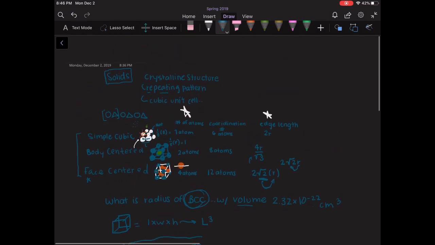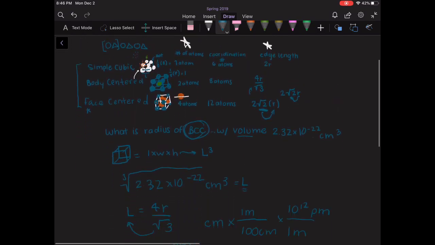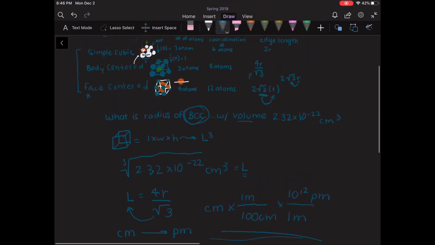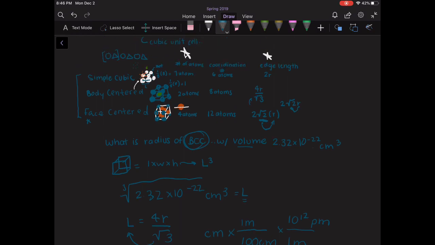But beyond this, all you really need to pay attention to for this chapter is going through the solids, but I don't think I really want to go through those, because it's not entirely important. You could be asked the reverse of this, where it would give you a radius and ask for the volume, where you would just plug in a radius here and then cube that to get the volume. So just keep in consideration that your volume is just going to be your edge length cubed,